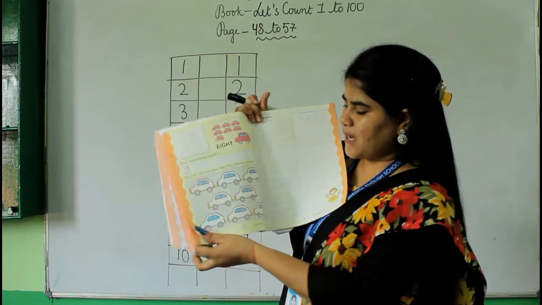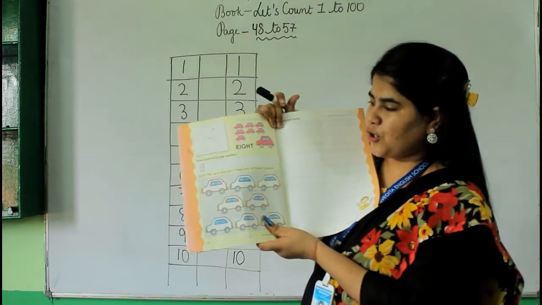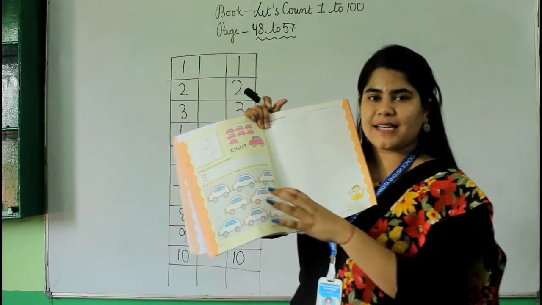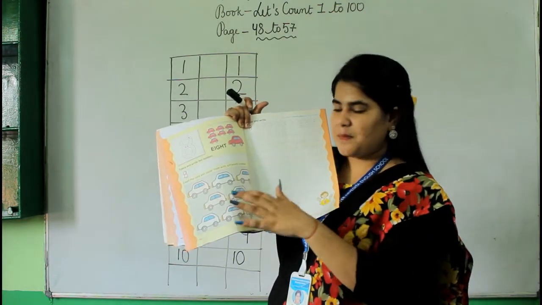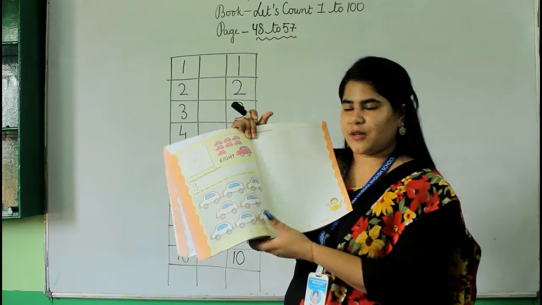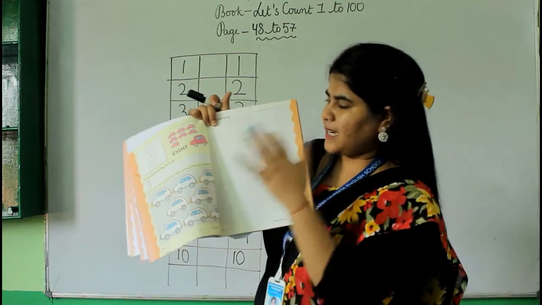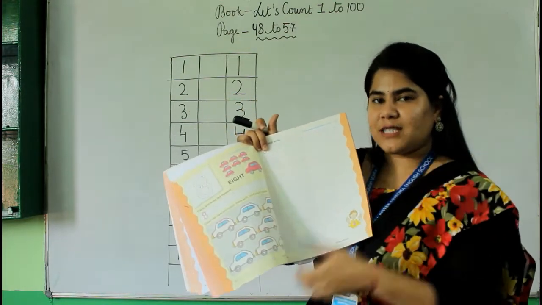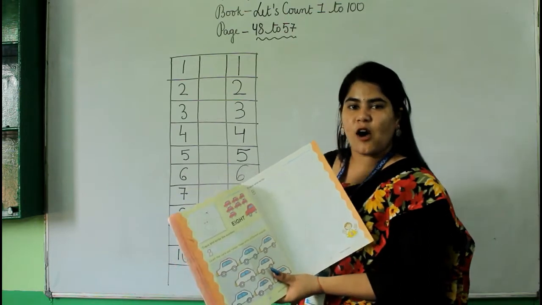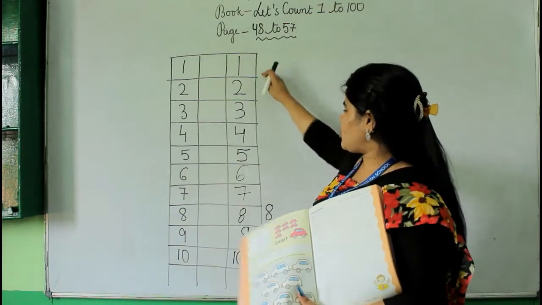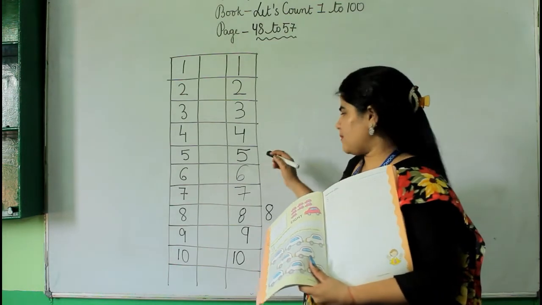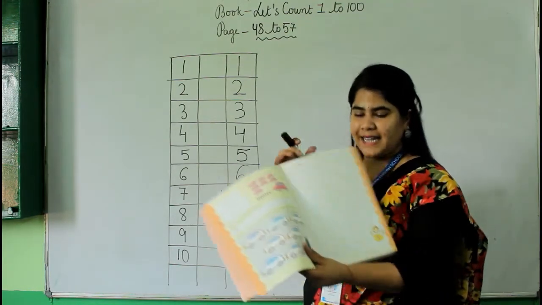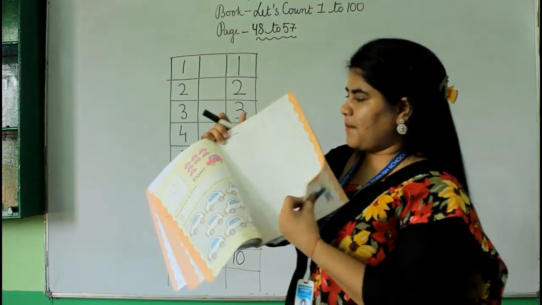Now in this page, see, it's a car. So you will color all this picture with your favorite crayons, okay? So this one number 8 and this one also you will do by yourself, as I have just showed you how you have to write. From 1 to 5 we have already done. You will start from number 6 to number 10, okay? So this was number 8.